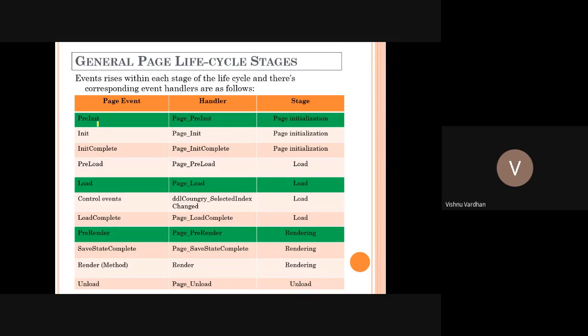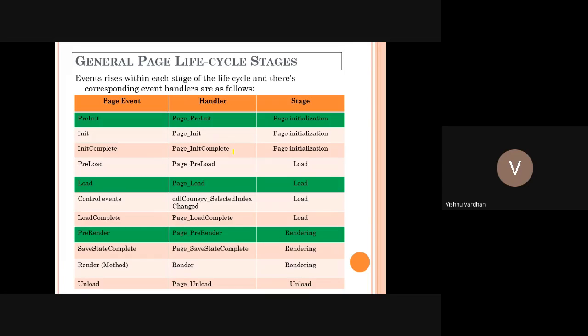One is before initialization, one is during the initialization. Suppose during the initialization you want to cross-check with any other information, or assign integer i equal to 0 or something like that, you can put that kind of initialization here. And when that initialization is completed, this event is triggered.